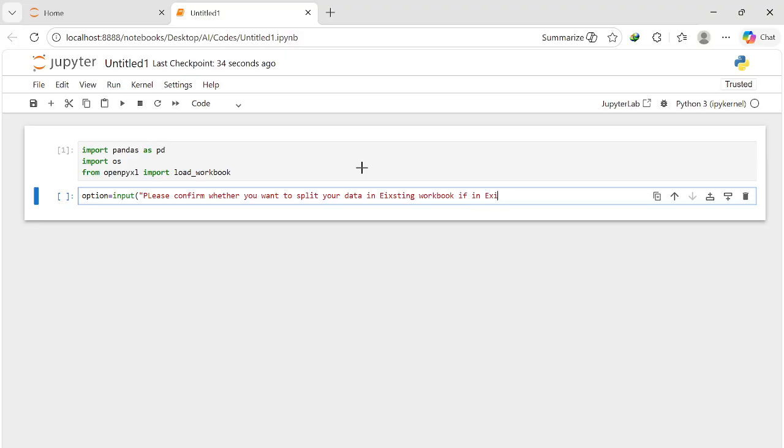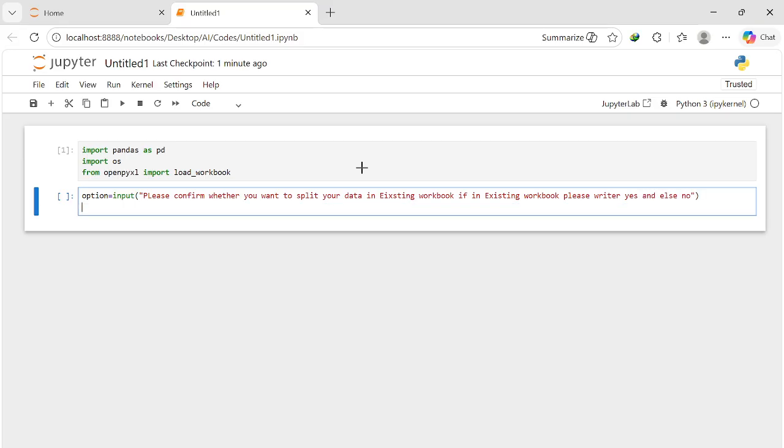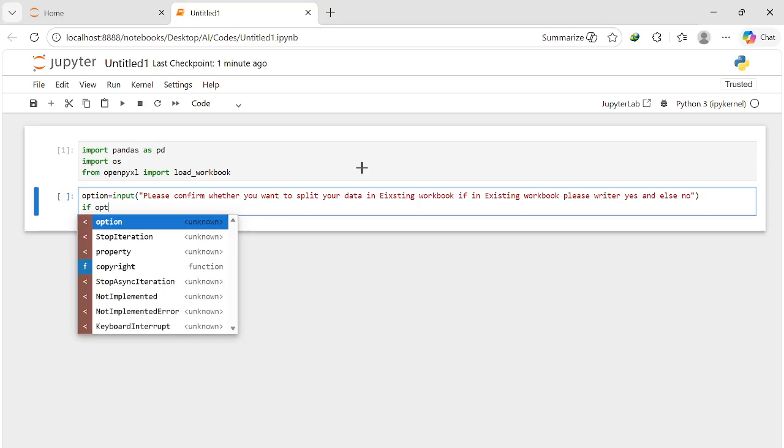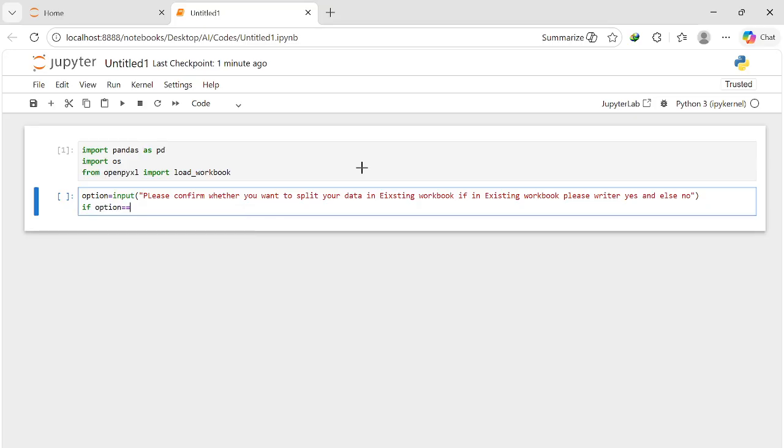If in the existing workbook, please write yes, else no. Everything in small letters. Okay, first option: if option is yes, then